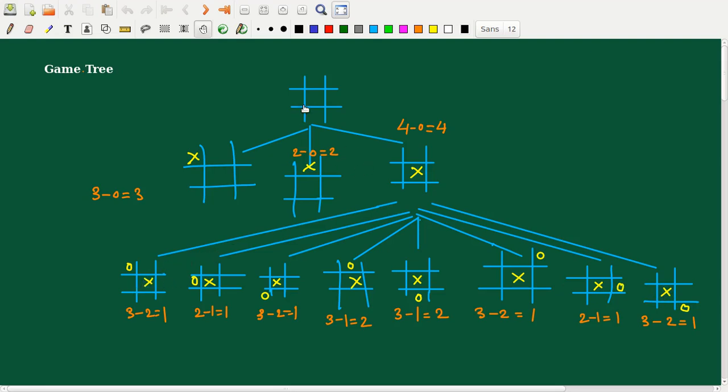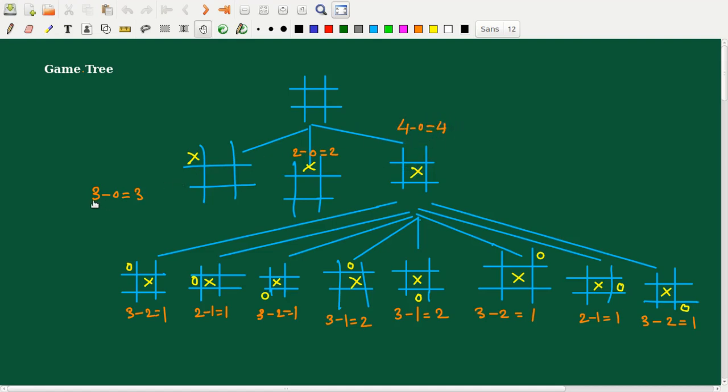As shown in the diagram, or we can say a tree, we start from an initial node. Then one of the players puts its sign into one of the regions. Here it is putting at 1 1, here at 1 2, and here at position 2 2. Now we are calculating heuristic values, or chances of winning.